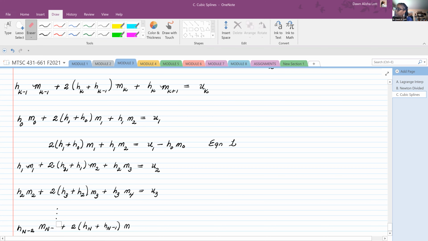That should be m minus 2. Okay. This is m minus 1, which means this would be hn minus 1, and this one should be hn minus 2. And then this should be hn minus 1 mn is equal to